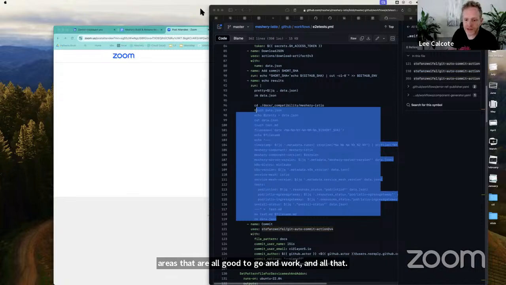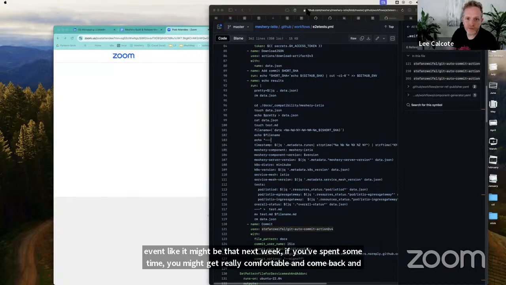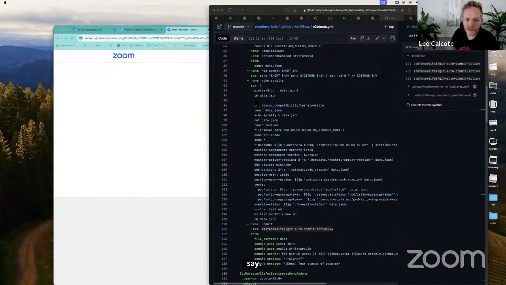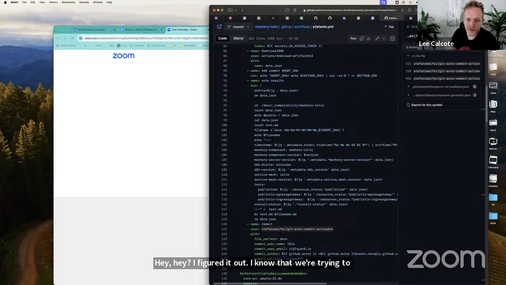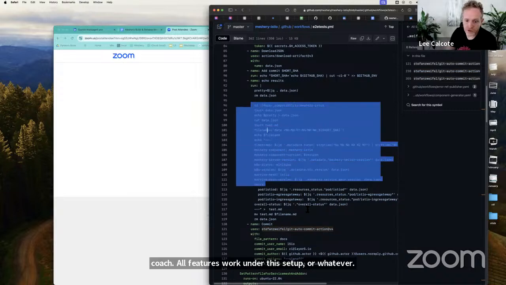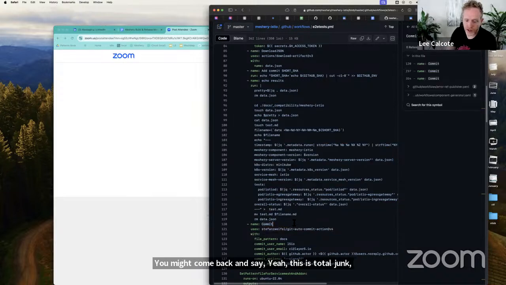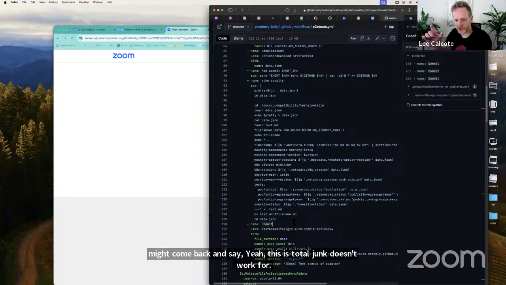It might be that next week, if you've spent some time, you might get really comfortable and come back and say, hey, I figured it out. I know that we're trying to be self-documenting and that we just need to grab the output of our tests and put it into some kind of YAML file so that we can display it on a web page, so that everybody can go there and understand that everything's kosher, all features work under this setup or whatever. And you might come back and say, yeah, this is total junk, doesn't work for a feature-centric compatibility matrix or